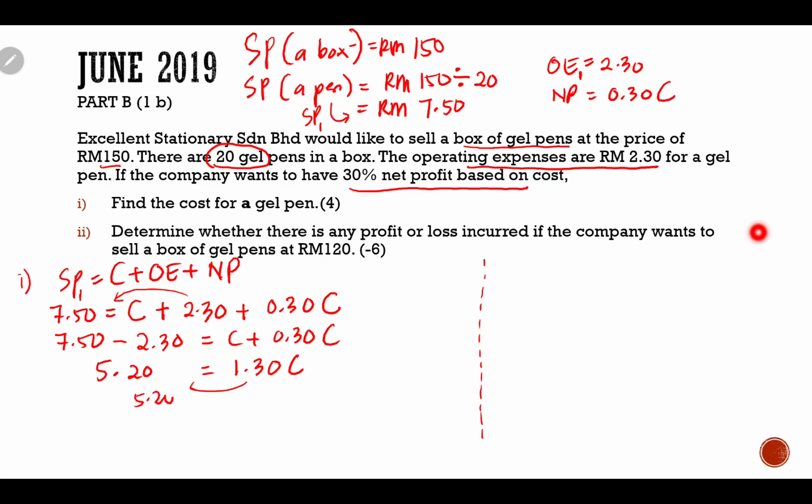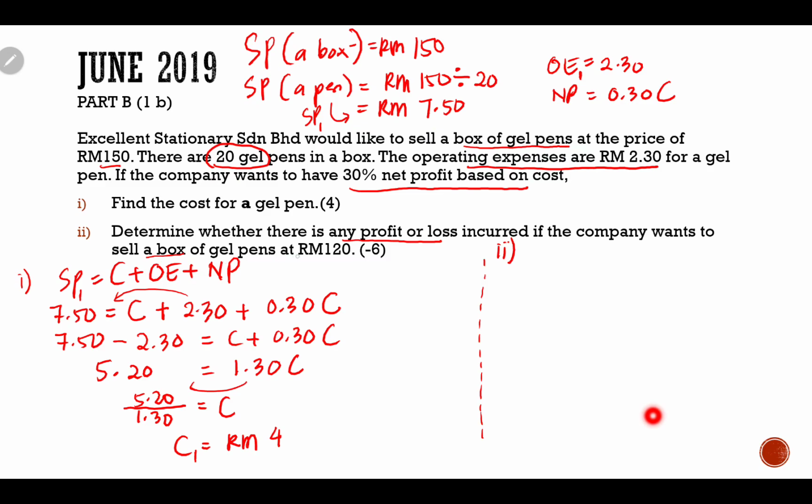Okay, 5 ringgit 20 cents, you divide by 1 ringgit and 30 cents equals C. So your C is equal to RM 4. Once you are done, this is the cost for one pen. Now, question number 2. Determine whether there is any profit or loss incurred if the company wants to sell a